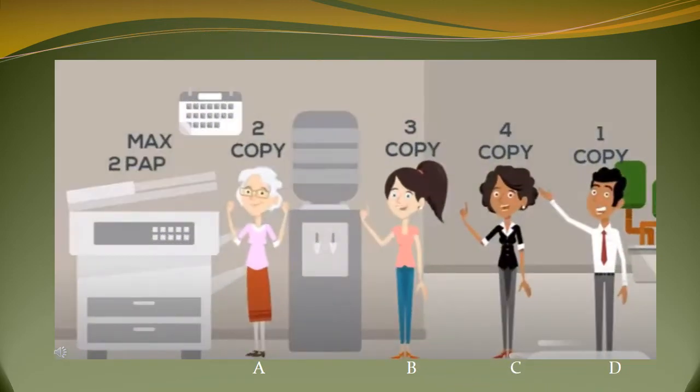So the first customer, customer A, came first to have her two copies of Xerox. As the Xerox machine could also give only two copies, as per the round robin CPU scheduling algorithm, the task of customer A was fully served by the Xerox machine, and no Xerox copy was left to serve. The job of customer A is completed, and that's why customer A left the queue and also the Xerox shop.